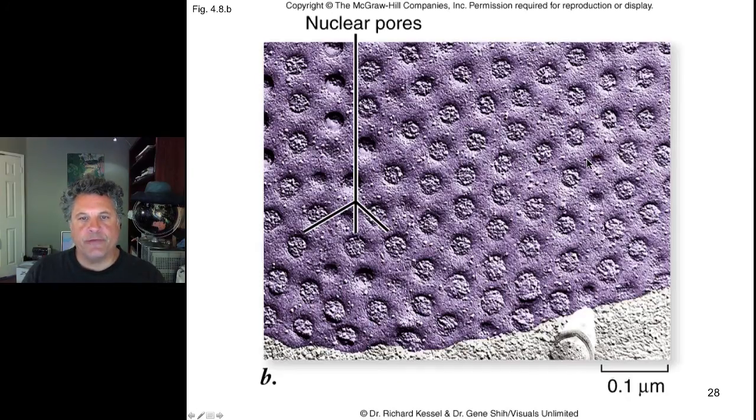Now here's a freeze fracture view under the electron microscope of the surface of the nucleus. And when you do freeze fracturing, as shown here, you freeze the tissue and then you impact it very hard with metal. Usually you slam the tissue with a piston, and that cracks the tissue along membranes so that you can kind of peer into the membranes. And we see that here's the inner nuclear membrane, and we see numerous nuclear pores, and we can see that those pores are studded with large assemblages of macromolecules of proteins.